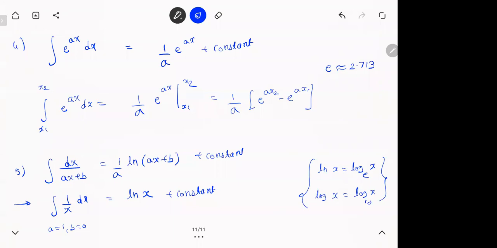These are the 5 integrals. Everything within 11th and 12th will fall under these categories. We have two more identities. We'll see that. If you know these 5 formulas and 2 identities, in 11th and 12th physics, you'll be able to handle any problems from JEE Mains and NEET also.